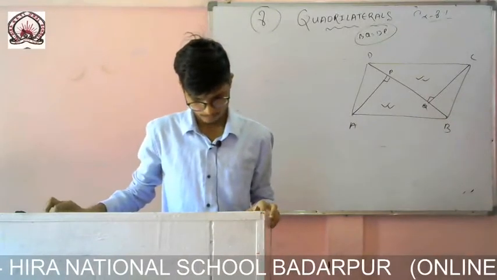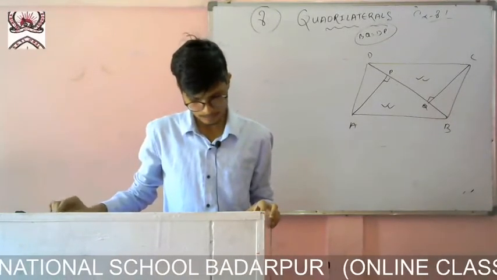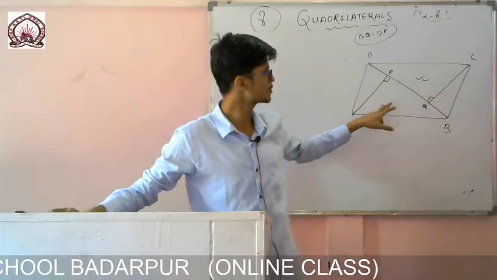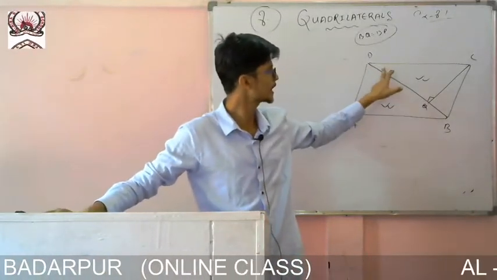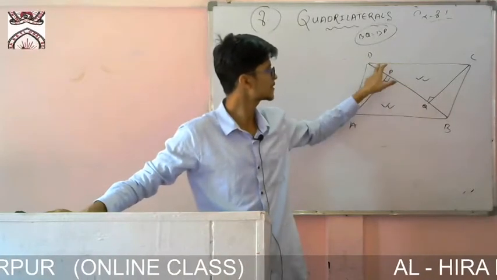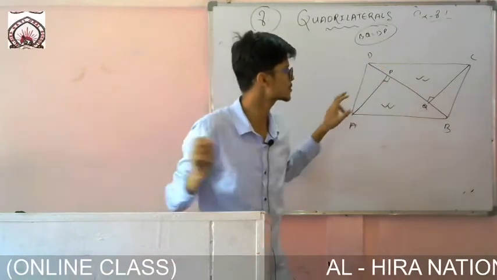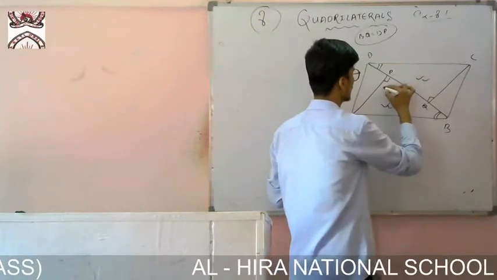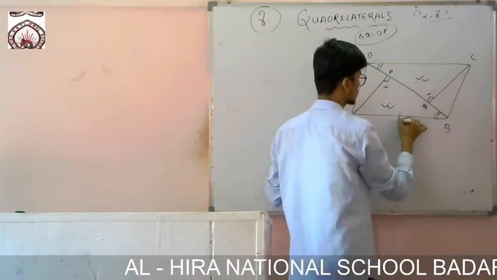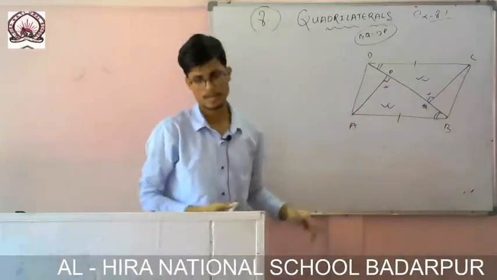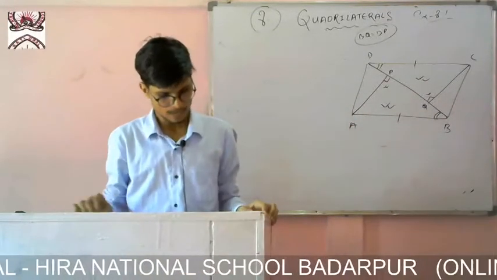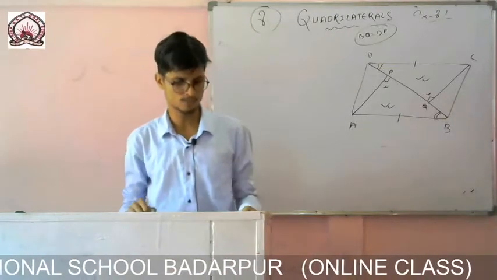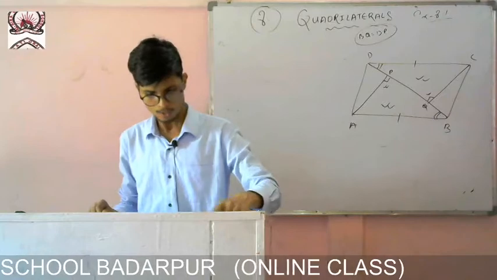Okay, and by using, yes, this is a transversal, so this angle will be equal to that angle. If these two lines are parallel and this is a transversal, so this angle will be equal to this angle. So I have got this angle equal to this angle, alternate angles, these two angles 90 degrees, and this side is equal to this side. So I can prove that these two triangles are congruent, and if these two triangles are congruent, then you can easily write that AP is equal to CQ, because corresponding parts of congruent triangles.